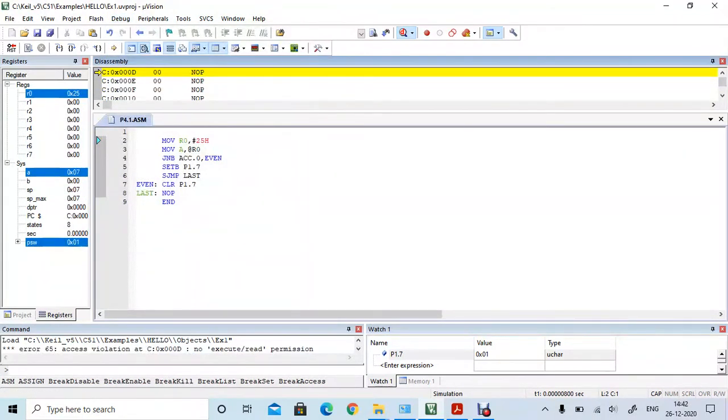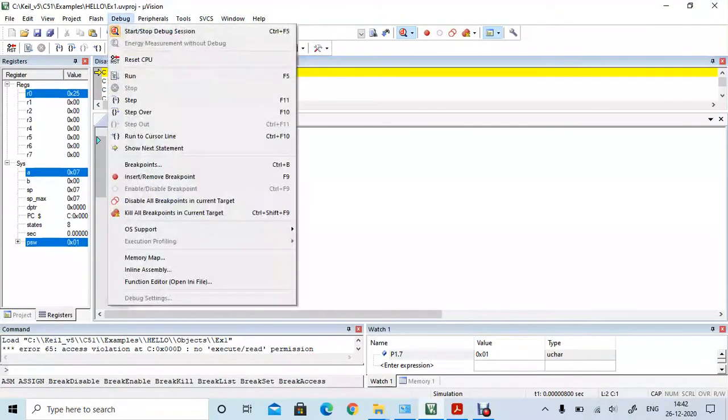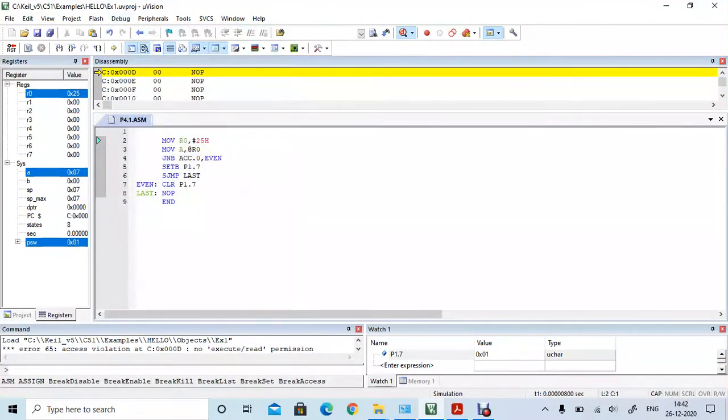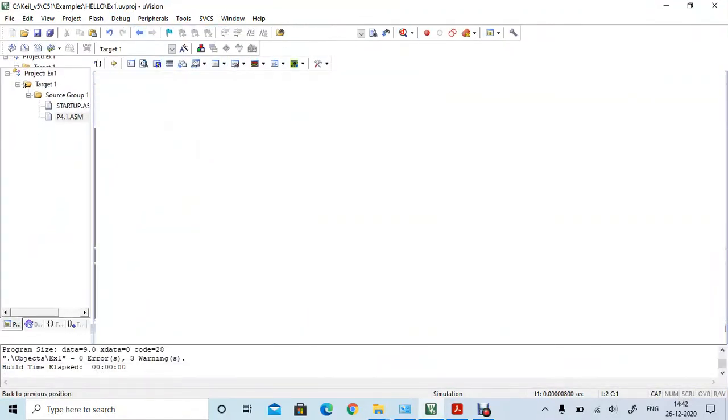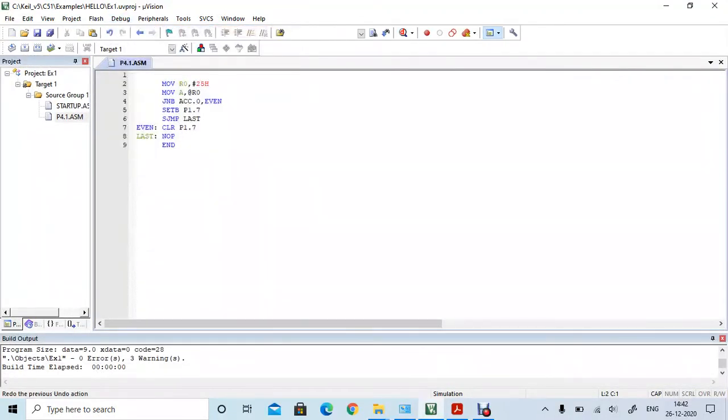The P1.7, that is bit 7 of port 1, is set high because 07 is an odd number. So we have set the D7 bit of port 1 as high. Let us check for another input. Go to debug, stop the debug session. Again go to debug, start the debug session,